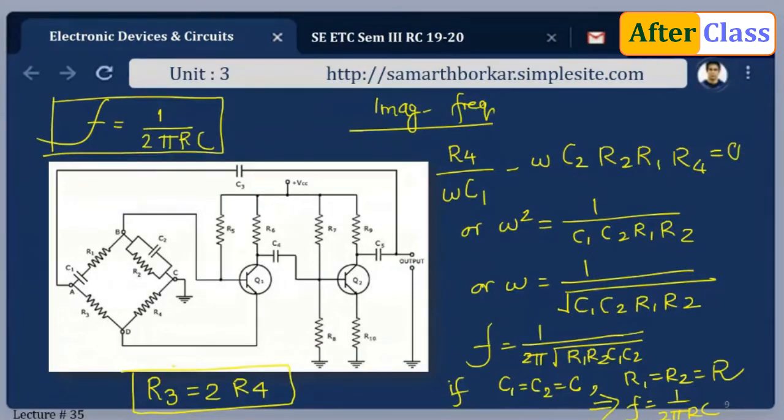Thus we see that in a bridge circuit, the output will be in phase with the input only when the bridge is balanced. And when the bridge is balanced, it is at resonant frequency only. At all other frequencies, the bridge will be off balance. That is, the feedback voltage and the output voltage do not have the correct phase relationship for sustained oscillations. So this bridge circuit can be used as a feedback network for an oscillator, provided that the phase shift through the amplifier is 0, and this prerequisite condition is achieved by using a two-stage amplifier.